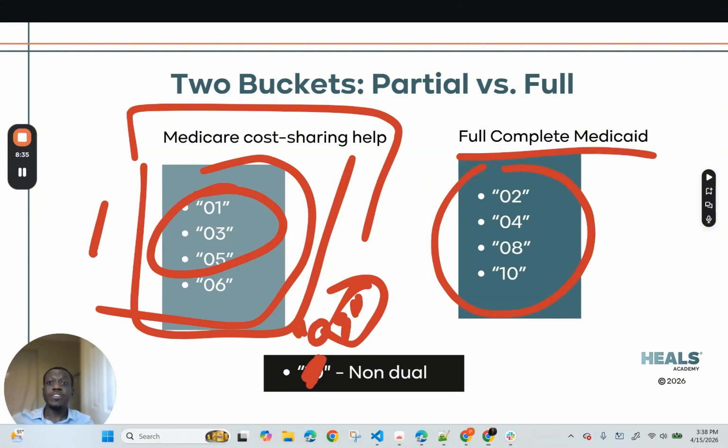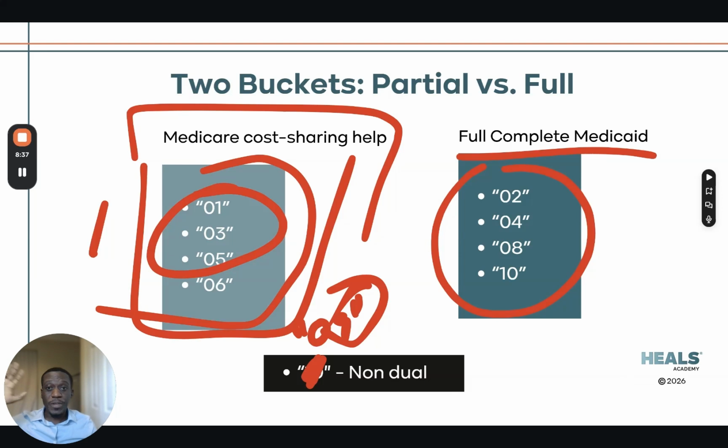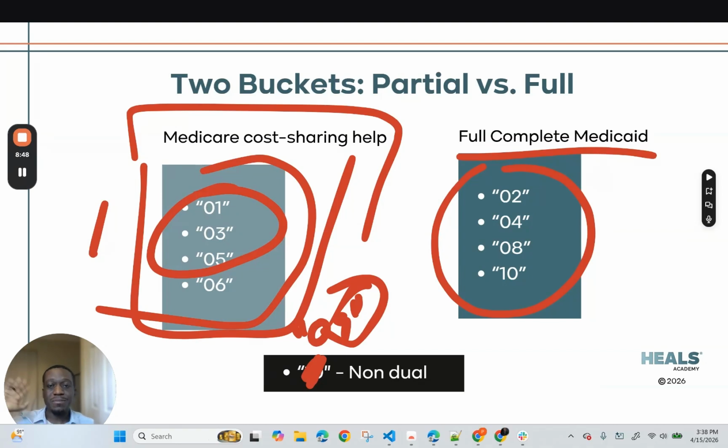So those are the key codes that you want to make sure you know as you work with your MCMD file, the CMS Medicare Advantage Medicaid file, for knowing which one is partial or full dual or non-dual Medicaid status for your beneficiaries as you work through your Medicare Advantage risk adjustment calculations. I want to stop here for today, and we'll pick up going through the various subcategories that designate these